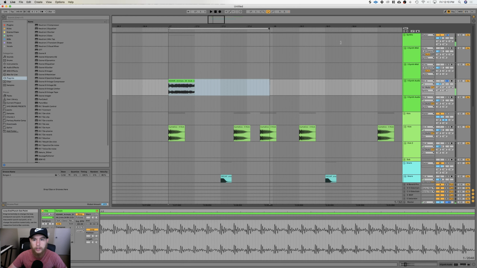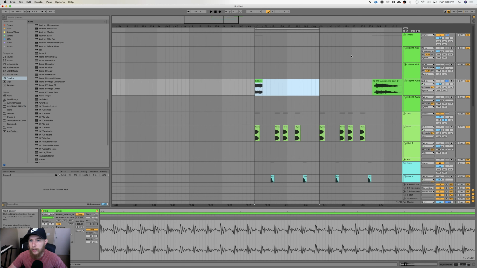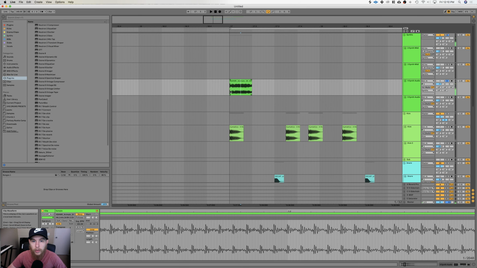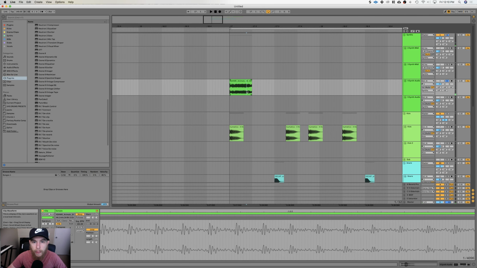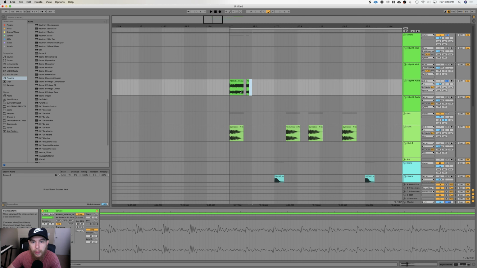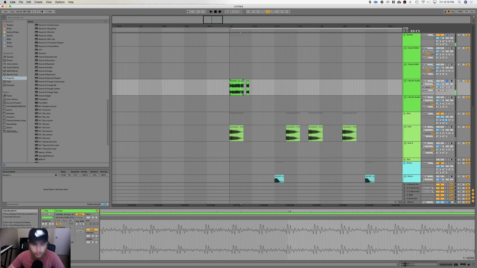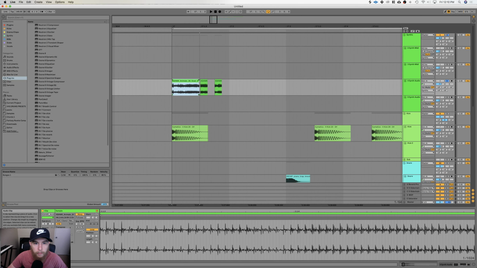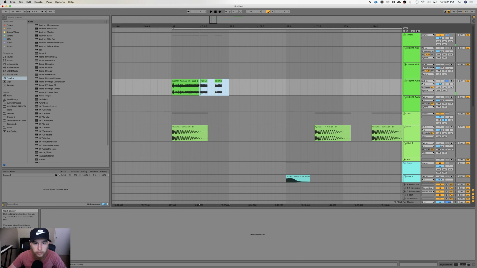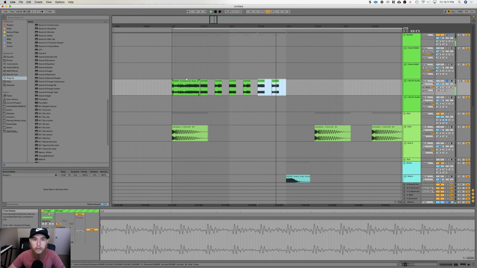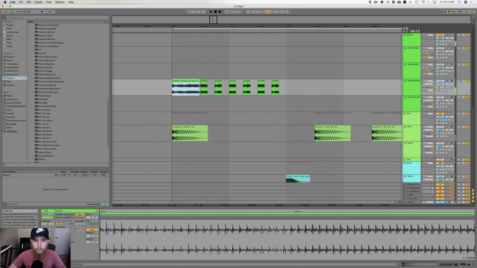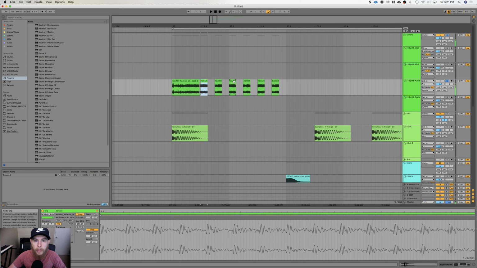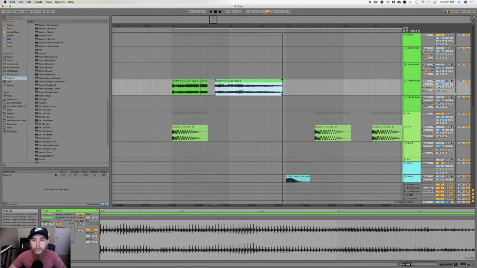All right, now let's start getting that pattern down, because then we can just sound design it further. So I'm chopping up the sample right now, and what I'm doing is I'm creating this little bit of space here, so it puts some emphasis on these chops. So yeah, let's just try that.